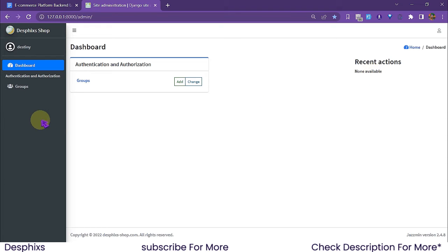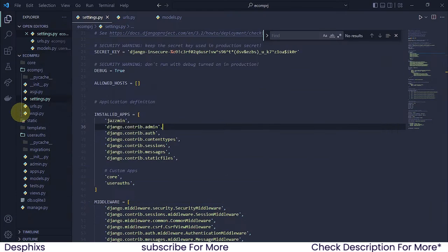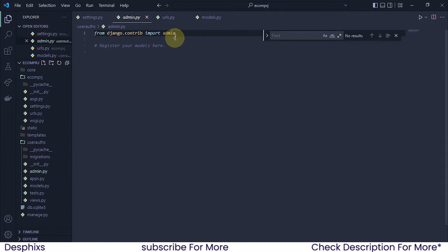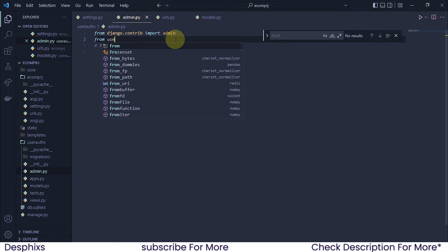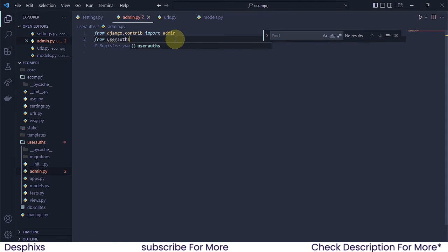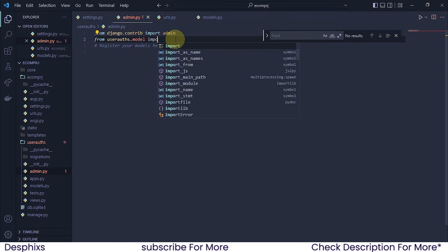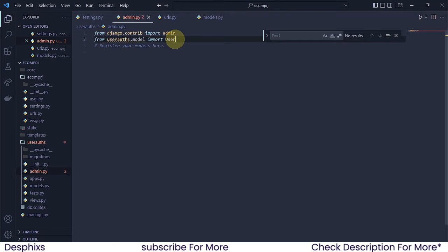Now how about I want to see all the users that I've got in my database? How do I get it? Because I can't find the user thing that I clicked on earlier in this place. Now in order to get that back, what you need to do is register this in your admin.py. So I'm gonna say from userauths.models, I want to import User. Simple as that, but I think there is a problem. This should be .models. I want to import User, and I want to say from